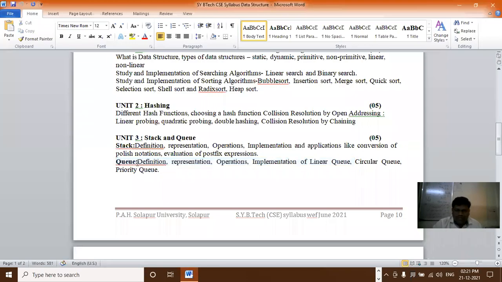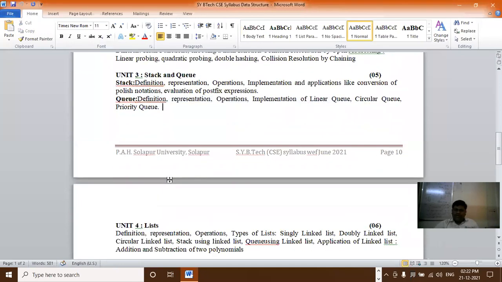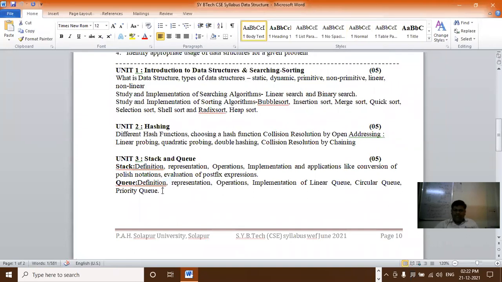Now we have completed the definition of queue, representation, operation, implementation of linear queue, circular queue and priority queue. Today we have completed the theoretical part of circular queue and priority queue. Now unit number 3 is completed.